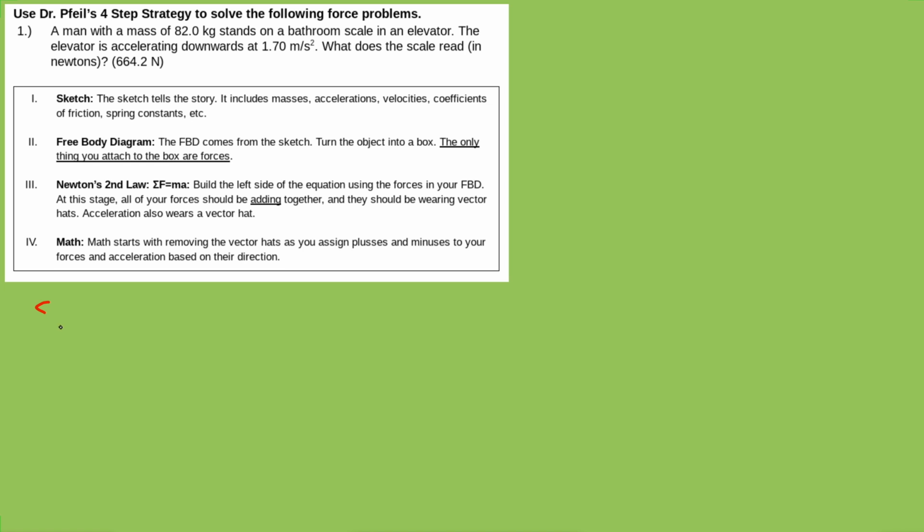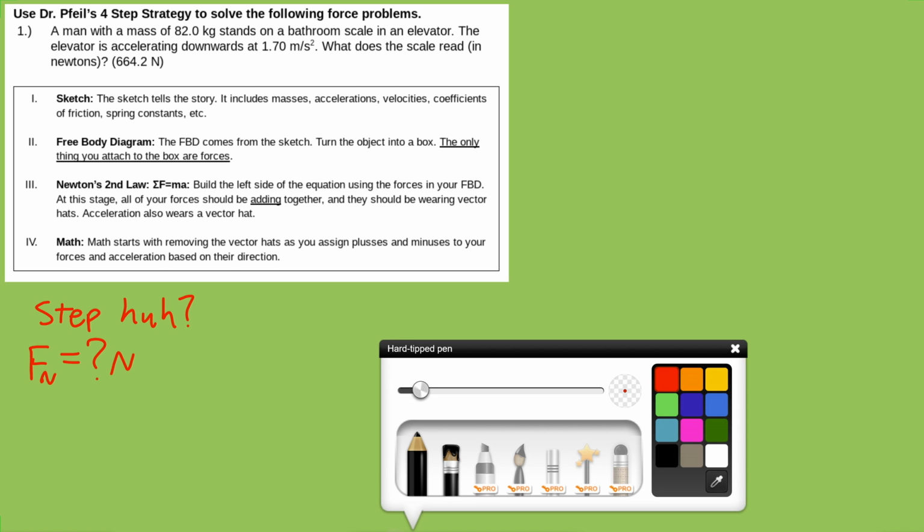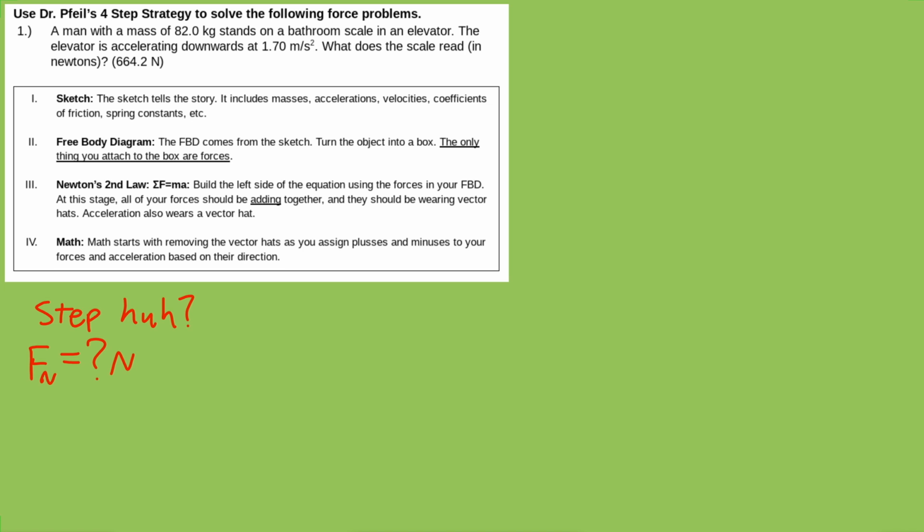So in a problem like this, the first thing to do, step 0, is: what are we solving for and what units do we expect it to have? So we're solving for normal force, and it's a force, which means we expect it to have units of newtons. Next, we go on to step 1,